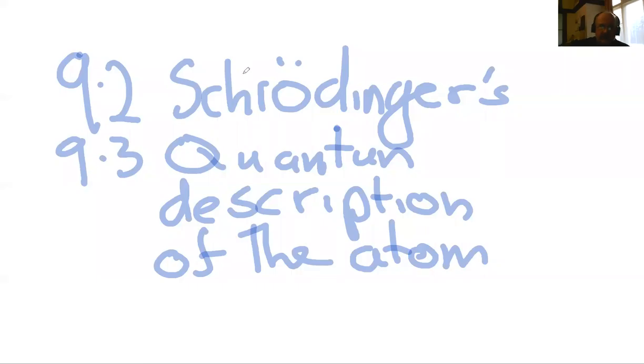Hello, and let's talk about Schrodinger's equation and the quantum description of the atom. Now, the Schrodinger that we're talking about is the same Schrodinger that's very famous for his cat. A classical theory says if you have a proton, a nucleus here, then you'll have an electron, and the electron is in a very discrete position. But what actual Schrodinger's